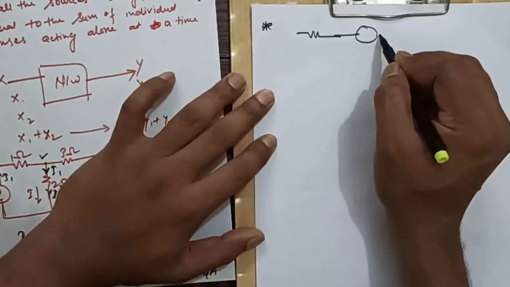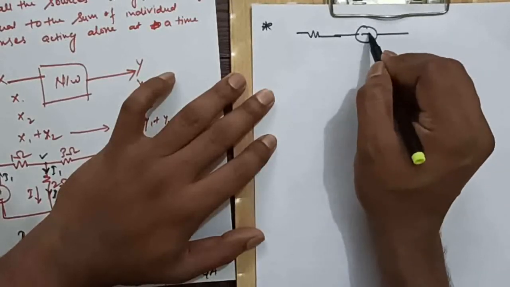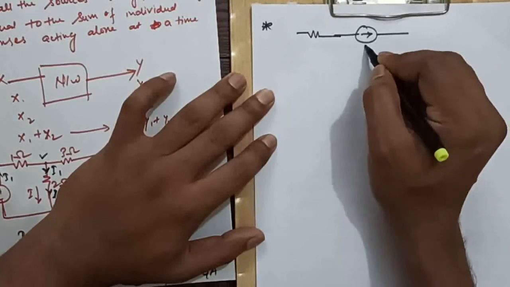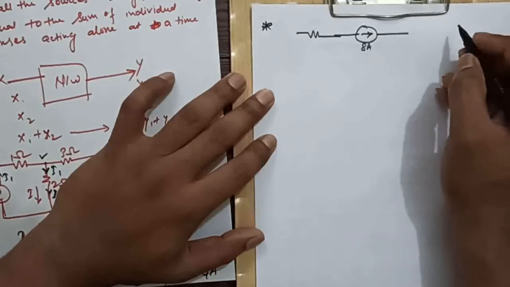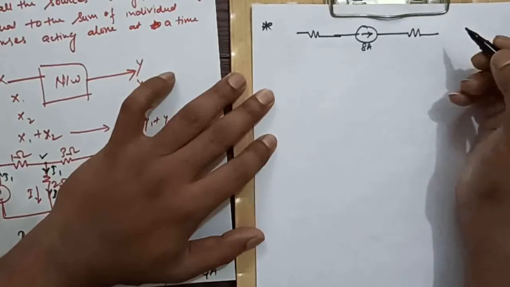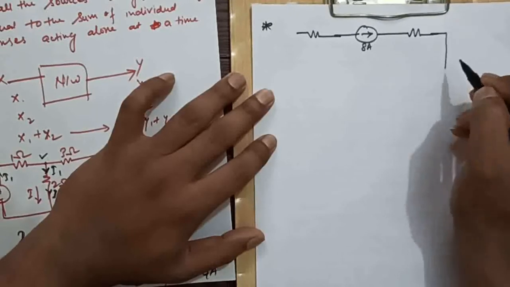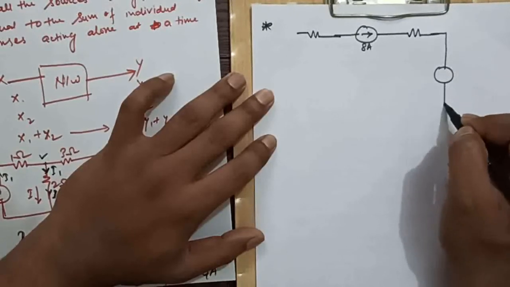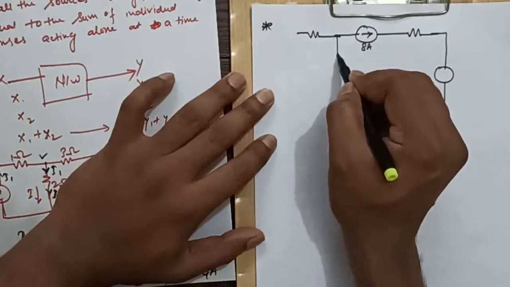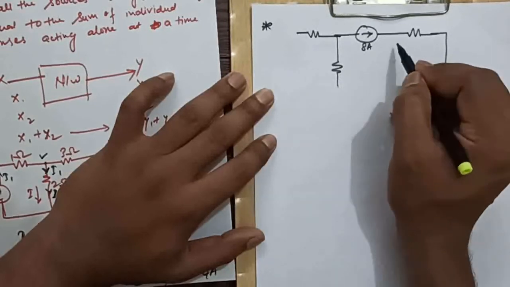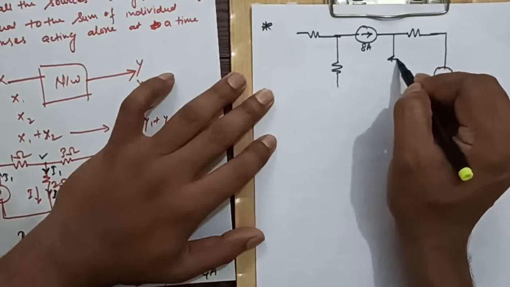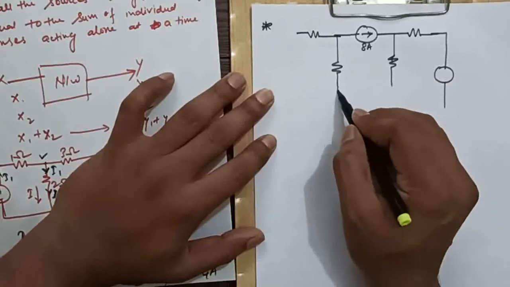Here it is a current source of value 8 amperes, a resistance here, a current source, a resistance, the resistance,